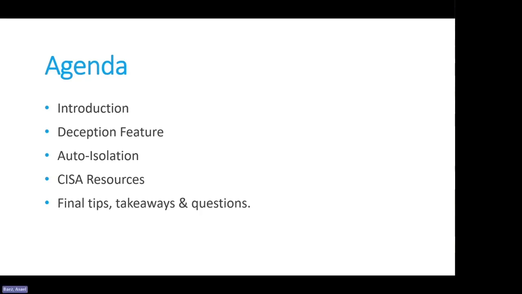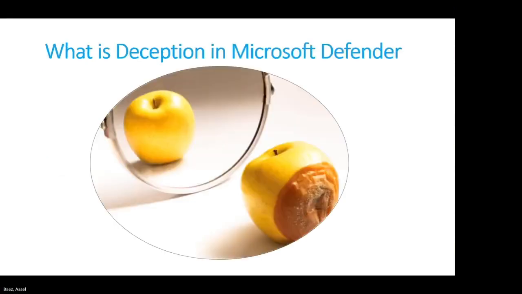We'll be talking about the deception feature in Microsoft Defender, as well as enabling device isolation and the why. And then CISA resources that pertain to the NIST framework, and any final tips or questions that you guys may have. So again, if any questions, feel free to interrupt. Okay. So as far as Defender,